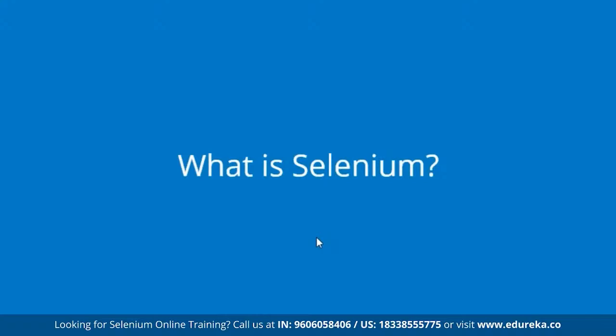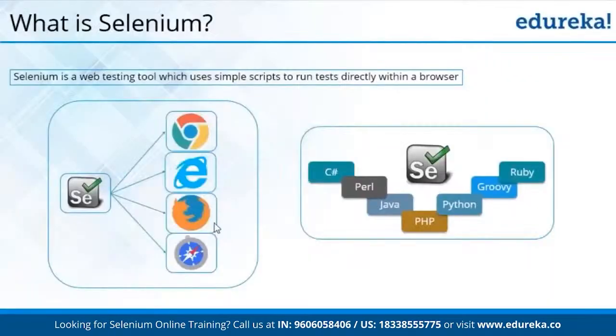In Selenium, you have 4 types of components which help you to fulfill your different types of needs. As you know, Selenium is a web automation testing tool, you also need to know that